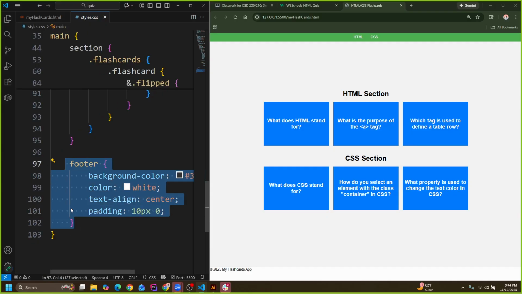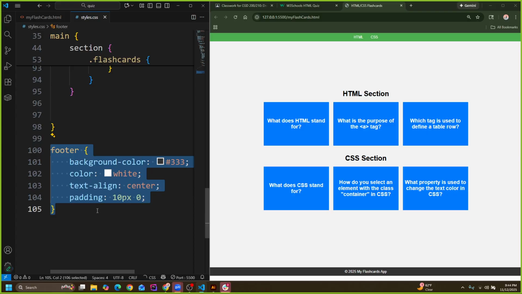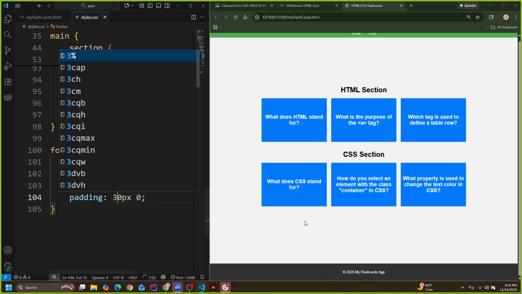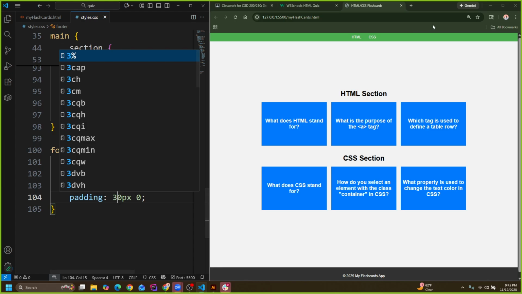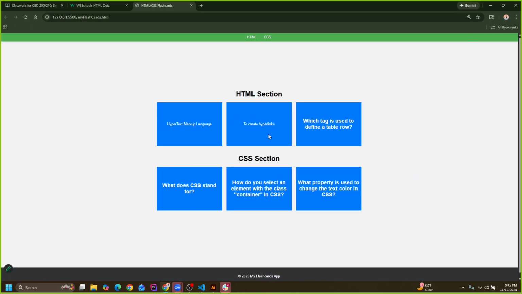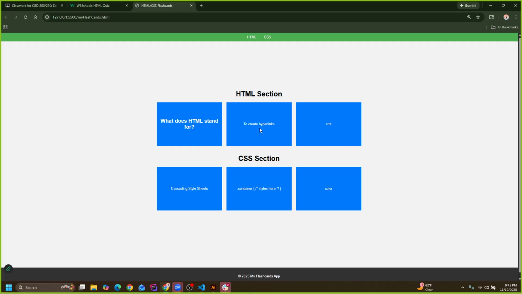Oh, put that in the wrong place. Okay, that's very basic flashcards,